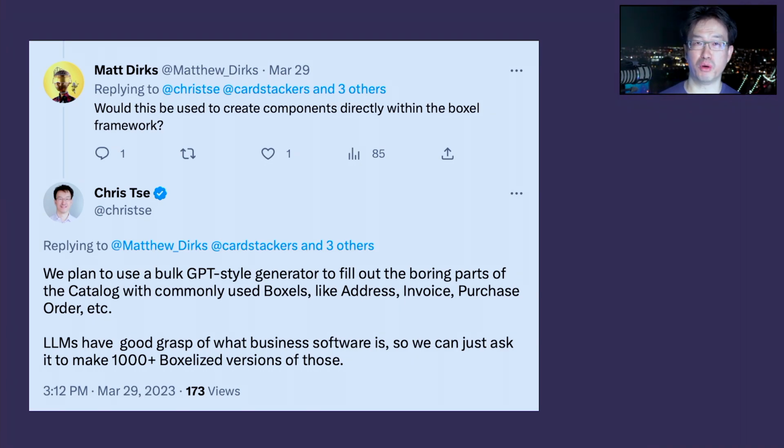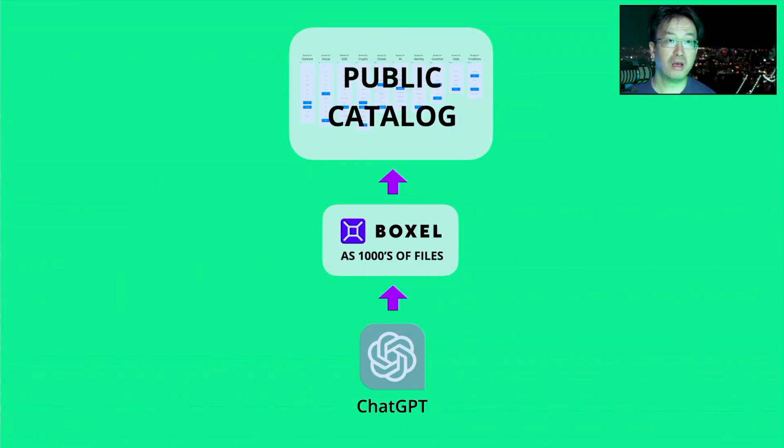Every developer building a new app ends up having to start from something like address and customer and repeat all that stuff. What if all those things already exist, based on the average models of how that looks on the web or in SaaS products, and we just have all of that basic concept of what business software is, generate them and then give it away for free. And that's essentially the first step.